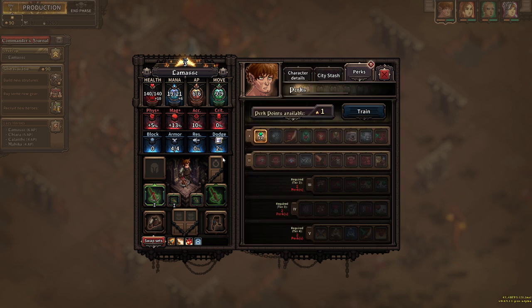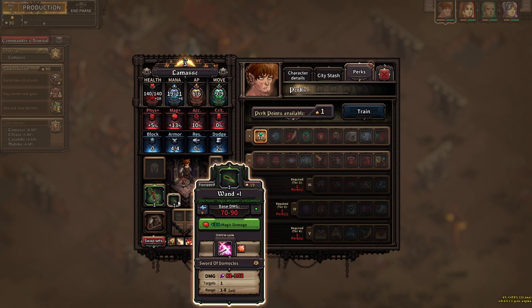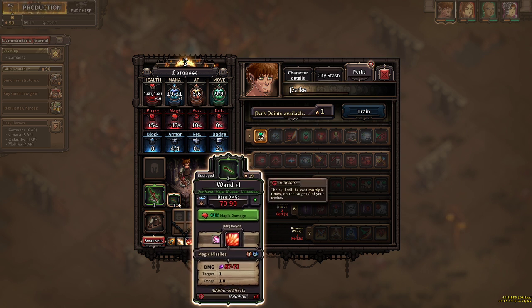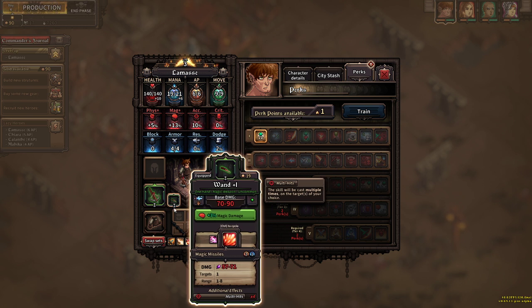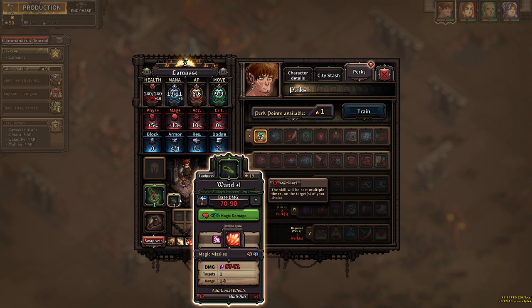I don't even know what perk he wants. He's just so weird. I just keep giving him leftovers. Like physical or magic, I don't even know. I think crossbow is kind of awkward. This wand is pretty... Yeah. The magic missiles is fairly strong. For single target, it slightly outclasses the spellbook, so...